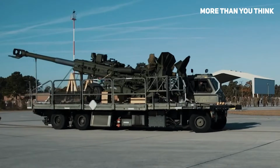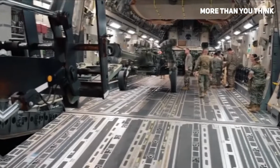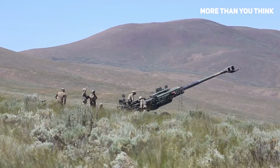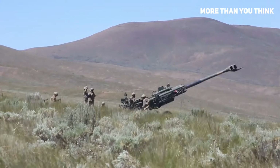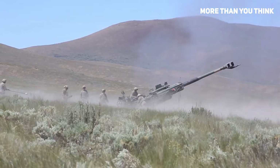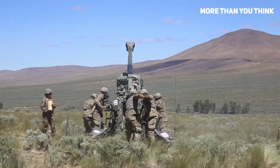Either way, supplying Ukraine with 155mm guns will significantly boost the firepower of its forces. The effect of a 155 is significantly more impressive than a 105mm, despite the seemingly minimal difference in caliber. The wide-open spaces of the East is ideal for the self-propelled